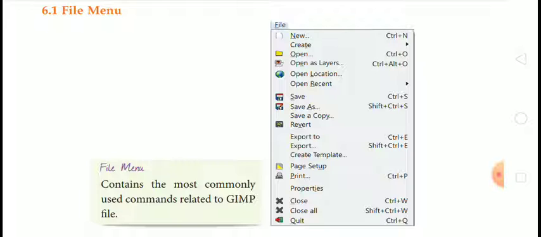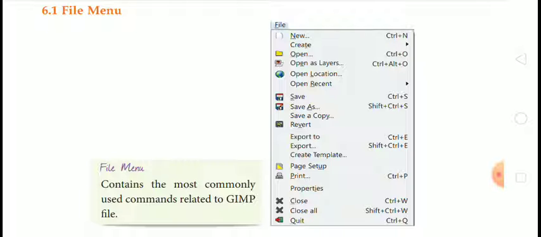Next is export to. Shortcut key is Control plus E. Export, Shift plus Control plus E. And the next option is create template. You can also create a template using this option.